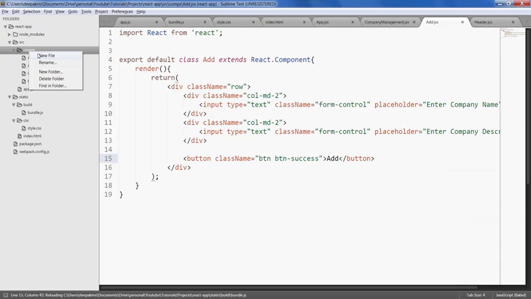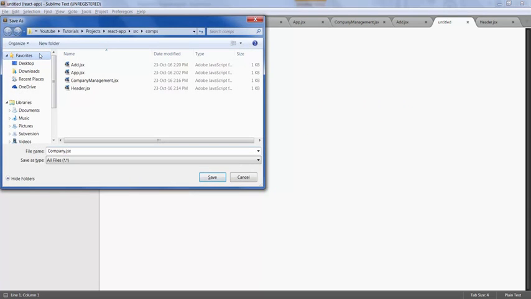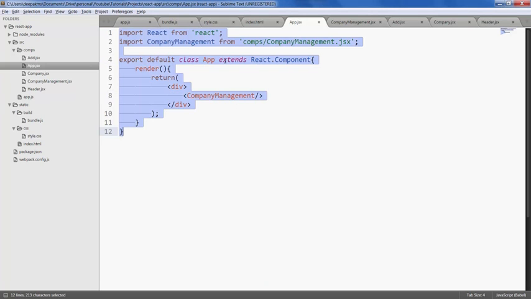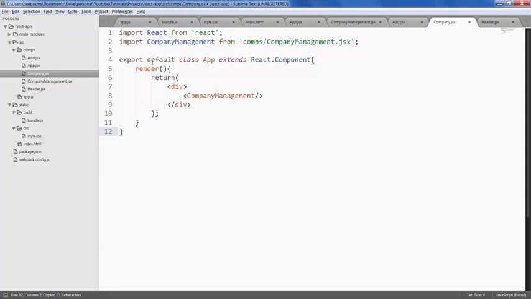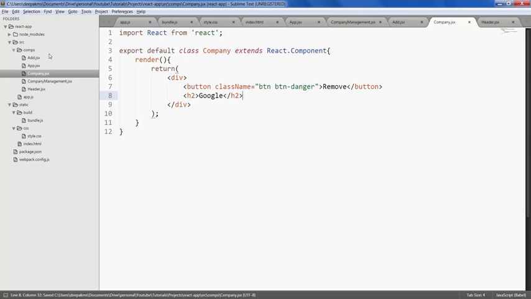Right click on the components folder, new file, company.jsx. Let's copy. Okay. So we have created a company component. Save it. Let's go ahead and create